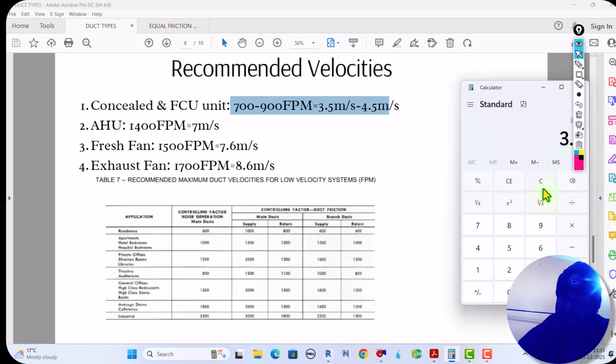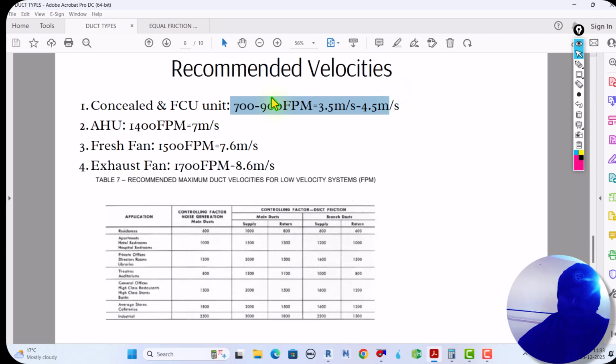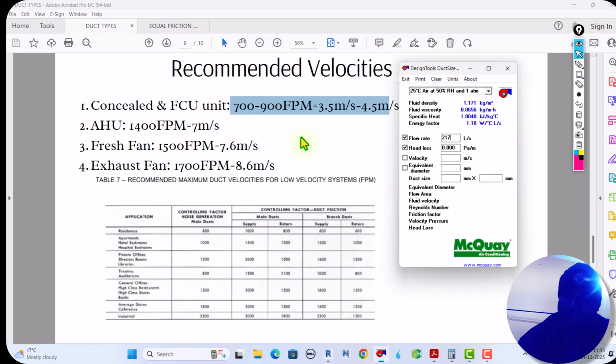See, 3.5 plus 4.5 is 8, and divide by 2, the mean value will be 4, so I am taking 4. It is good. So here I am taking 4, but here I am not taking because I don't know the head loss. Okay, I know the velocity 4. So see, what is now the head loss is 0.80,